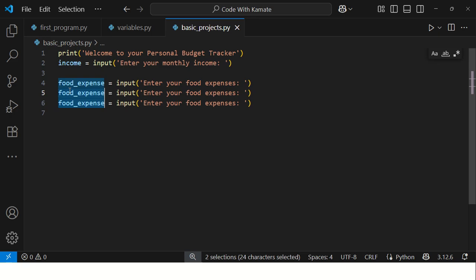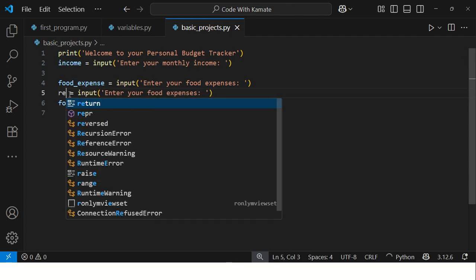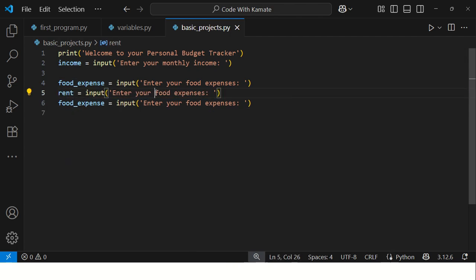Ctrl D is going to highlight the next food. Okay, I'll just change this one to rent. Then enter your rent expenses. Then you can say transport. Then transport, and then